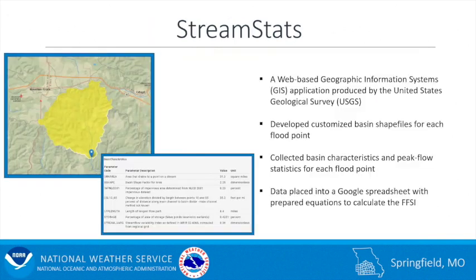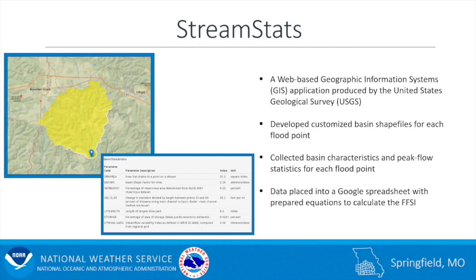So to start the process of this project, we used StreamStats, which is a web-based geographic information systems application produced by the United States Geological Survey. So inside of this application, we can indicate a lat-long point of a specific flood point that we want to analyze. It will then develop a customized basin shape file for that flood point, which is that picture on the left. Then the picture on the bottom right, we then collected basin characteristics and peak flow statistics for each of those flood points, and then inputted that data into a Google spreadsheet with some prepared equations to calculate that flash flood